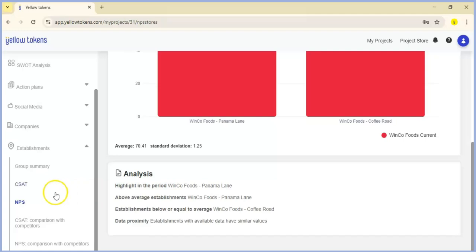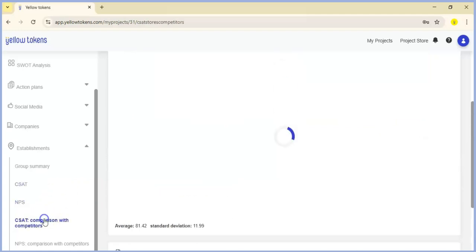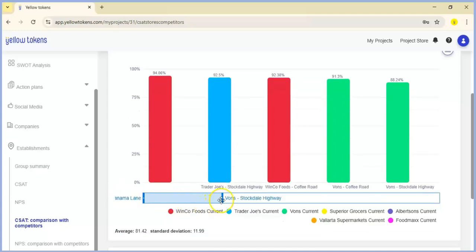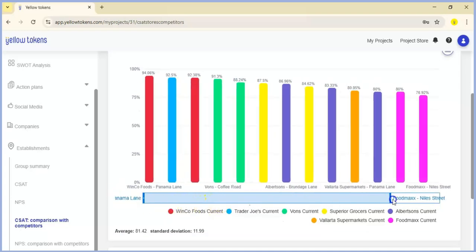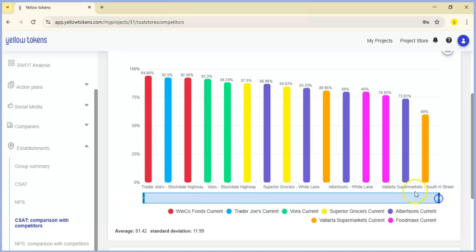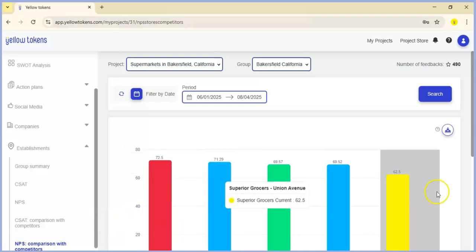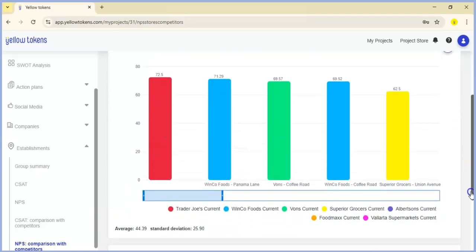If you'd like to compare your results with the competition, click on CSAT Comparison with Competitors. Here, you'll have a complete view of all your company's establishments alongside competitors and can see which ones stand out and which are underperforming. Similarly, in NPS Comparison with Competitors, you'll find the recommendation level for each establishment, inside and